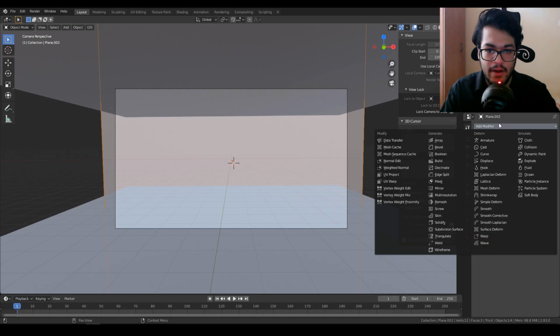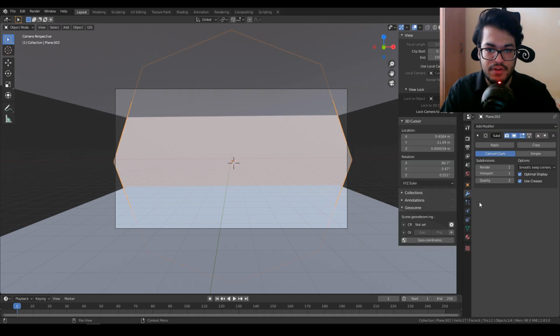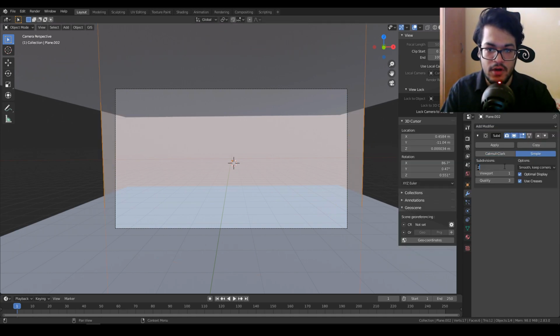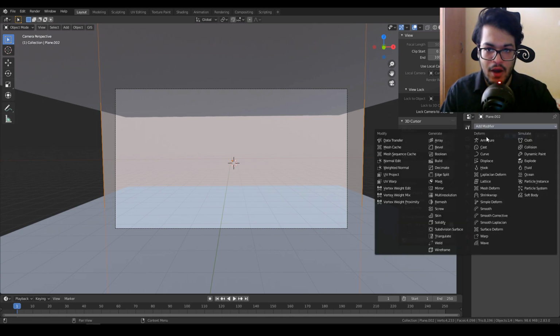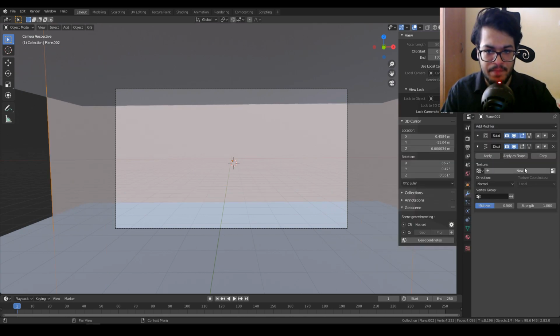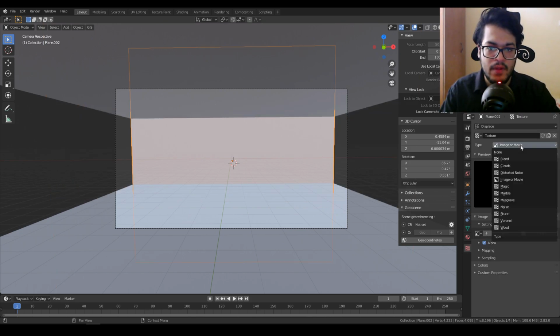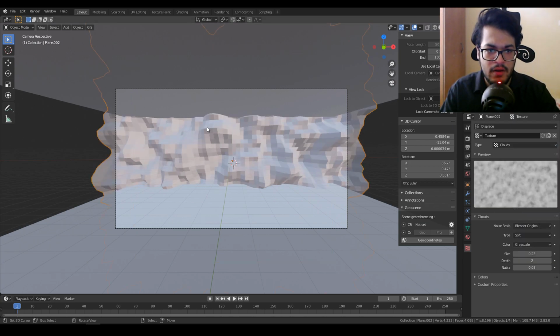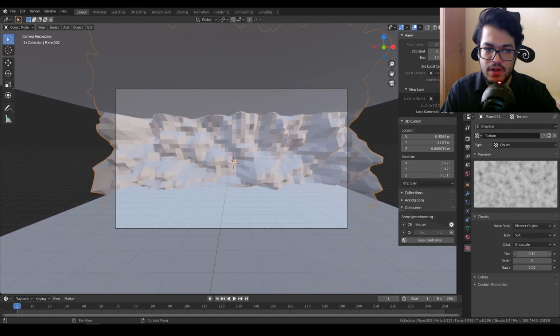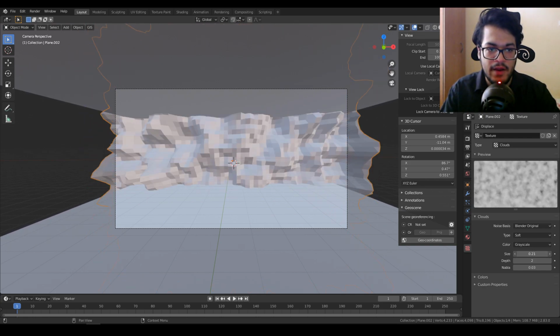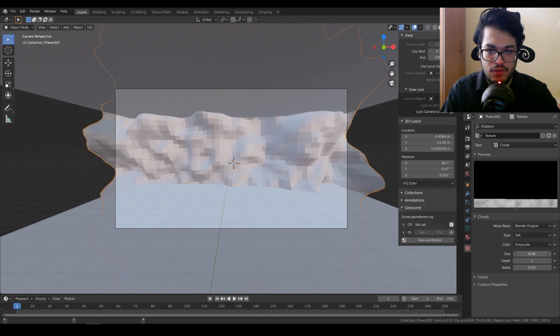I'm going to work on the background plane now. I'm going to give it a subsurface modifier. Increase the subdivisions to 6, and after the subdivision surface modifier, apply a basic displacement modifier. Add a new texture, go to the textures tab, and we'll use a cloud texture for this. You can use any texture you like. You can increase and decrease the size as you like. You can also increase the depth, and you can get really cool looking results.